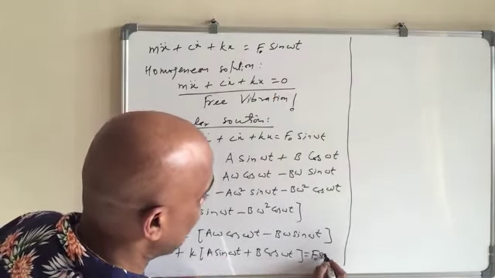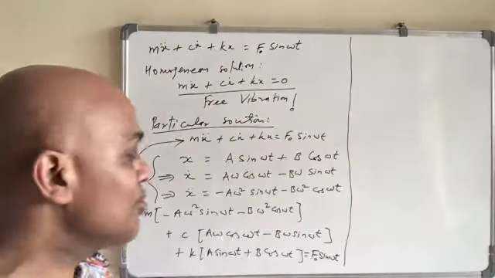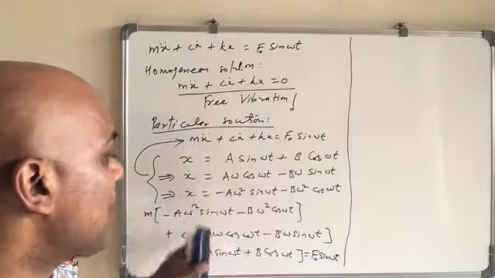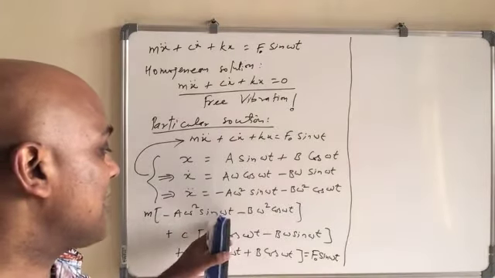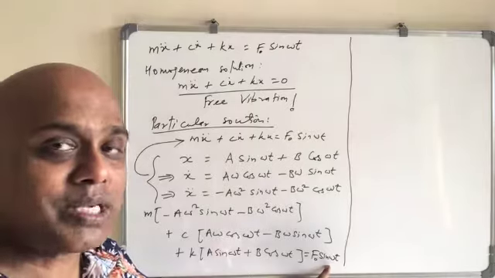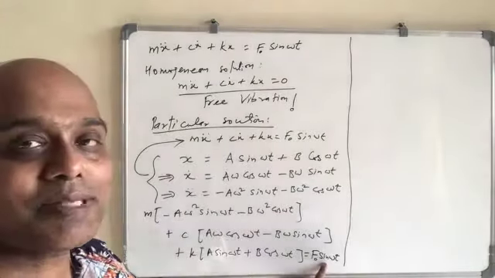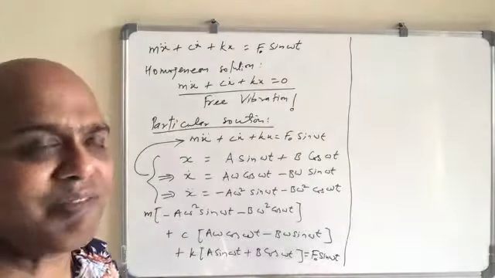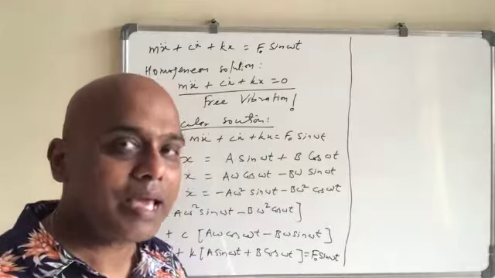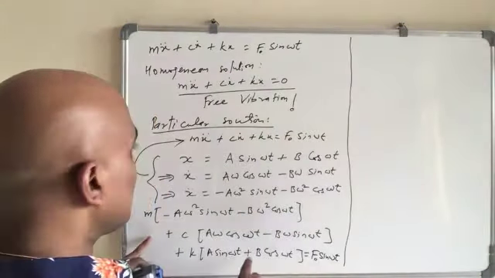What we need to do now is just match the coefficients. There will be two equations. This side we have sine omega t and cos omega t. This side we have just sine omega t, which means the coefficient of cos omega t is 0 and the coefficient of sine omega t is F naught. That way you get two equations, and there are two variables, A and B, to find. So what do we get?